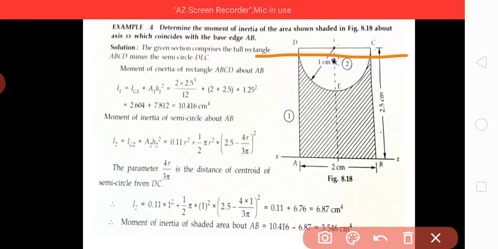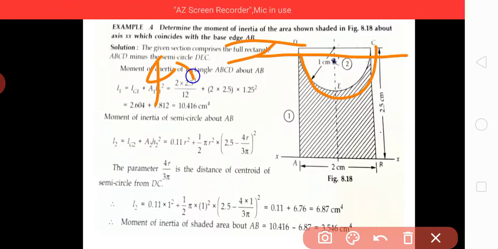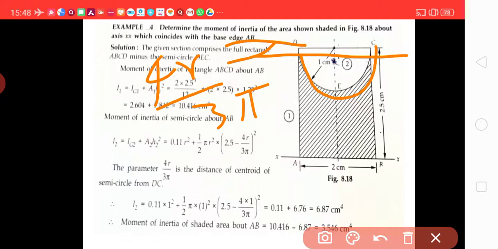Here this is 0.11 r square plus half pi r square is the area into 2.5 minus 4r upon 3 pi whole square. I told you that this is the distance 4r upon 3 pi. You can find it out very easily. Then total